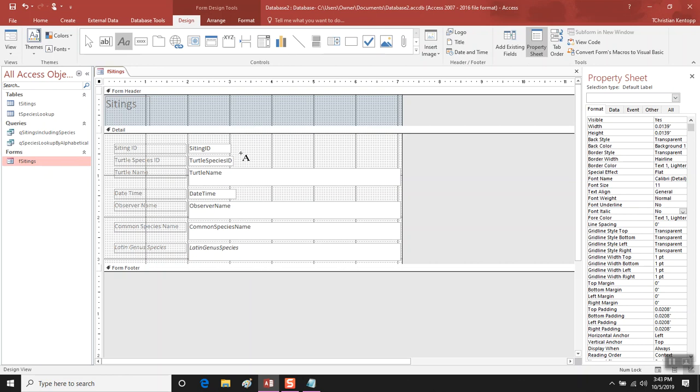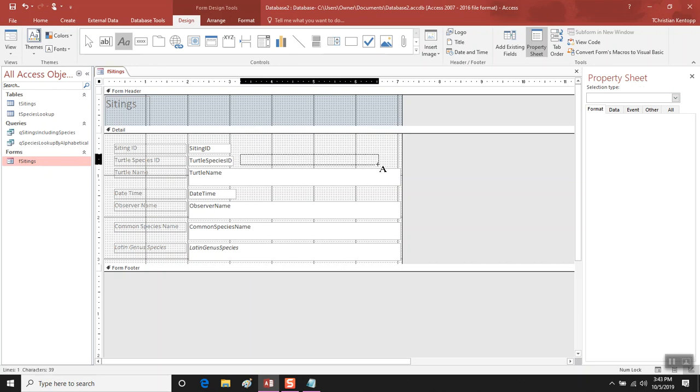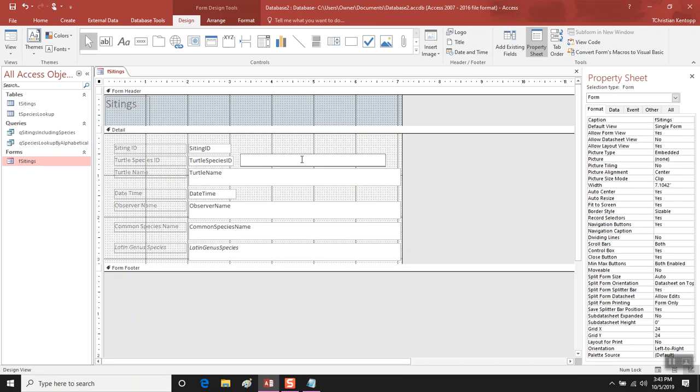And I'm going to go ahead and drag this here, and then just enter a left arrow and a couple of equal signs, and say enter ID 1 for leatherback, 2 for green,